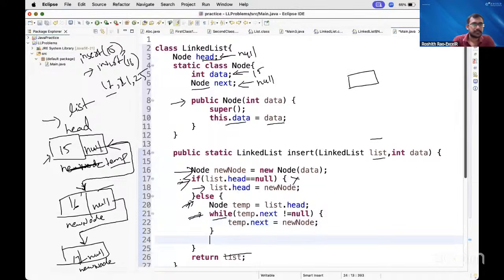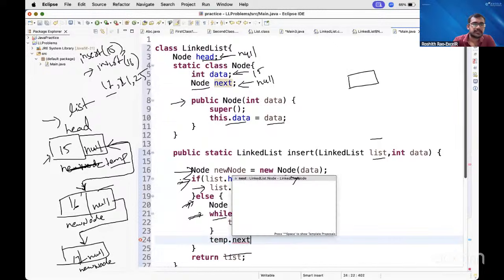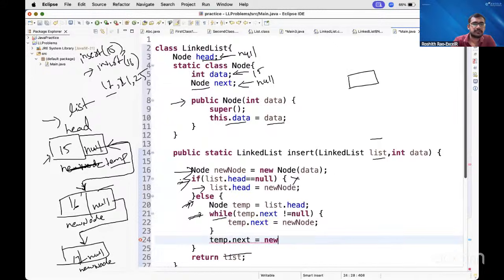Then I stop here after 2, temp.next is equal to